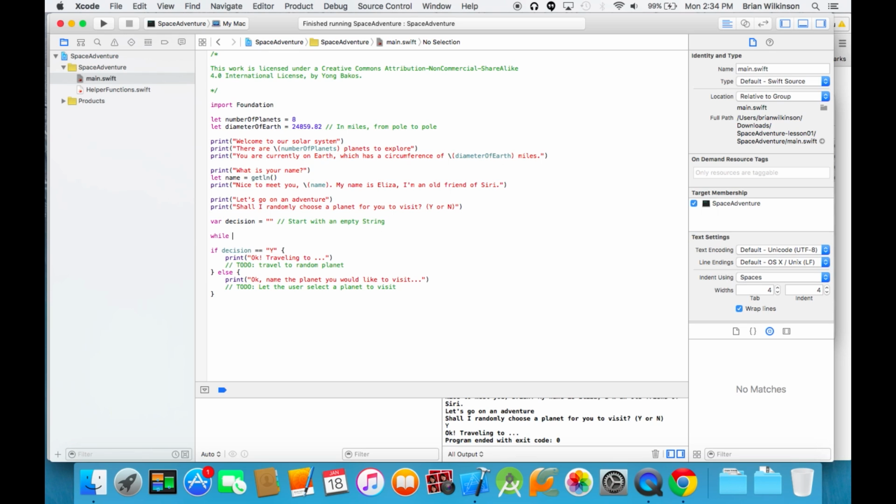Okay, let's go ahead and implement our while loop. So I'm going to start with the keyword while, then an exclamation point, which means not. And I'm going to use parentheses to group an expression. So decision equals yes or Y. So I want the input to be a Y or an N, and I want the program to keep prompting if it's not a Y or an N. So I'm going to check for Y